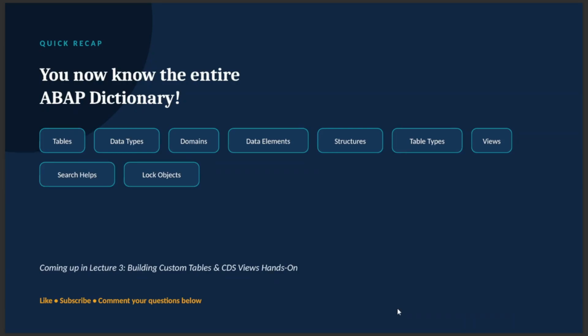Okay guys, let's recap. A super quick recap. We covered tables: transparent, pooled, and clustered. Data types with their fixed and variable lengths, flavors, domains that carry the technical roles, data elements that add business meaning, structures and table types for reusable data shapes, views as logical tables, search helps that power F4, and lock objects that keep multi-user access safe. In the next lecture, we will get hands-on and actually build a custom table